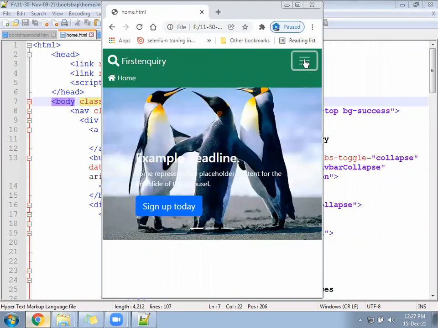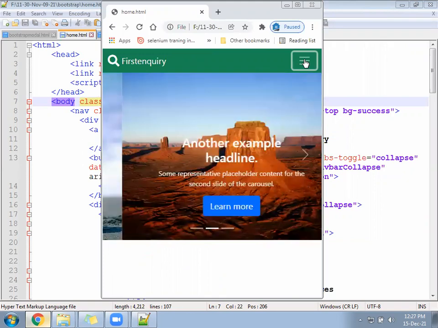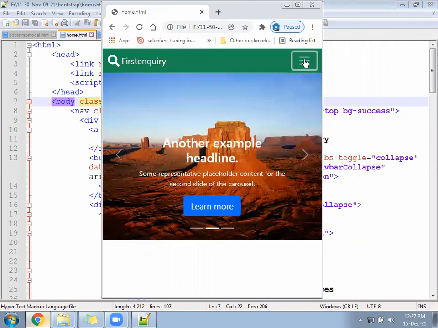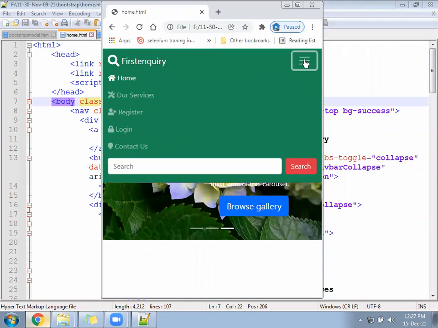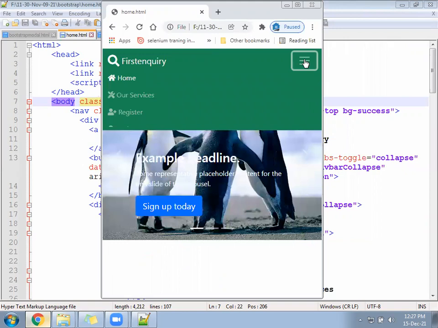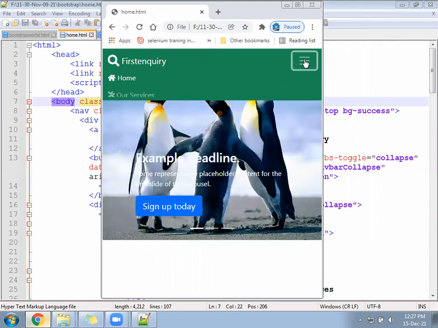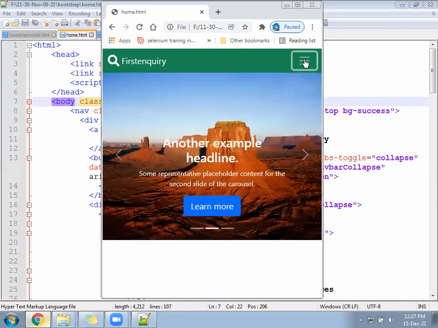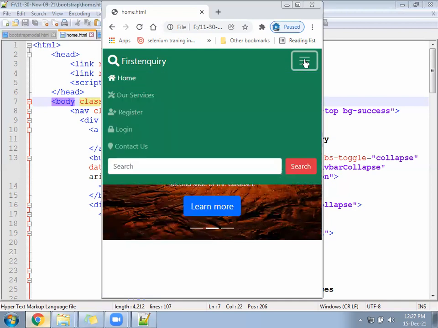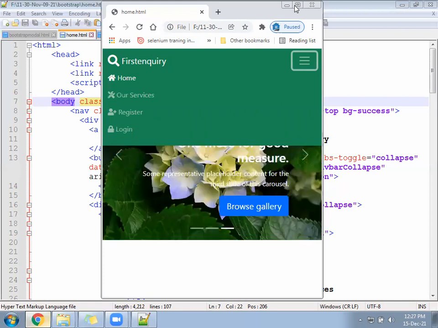One JavaScript file you are calling, bootstrap.min.js. Because of that, all this activity happened. If you remove the JavaScript file, this line will not come. The line will come, but clicking on it will not open the menu. This menu is getting toggled because of the toggle feature from the JavaScript. That is written in the bootstrap.js file that we are calling on the top. So hope it is clear, navigation plus banner.